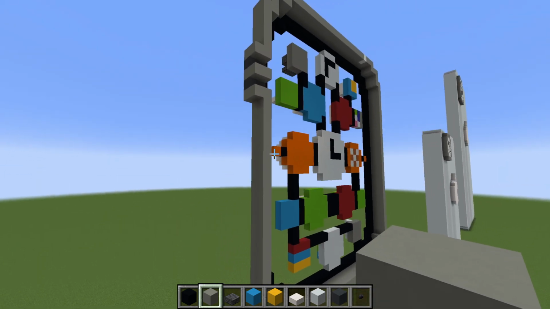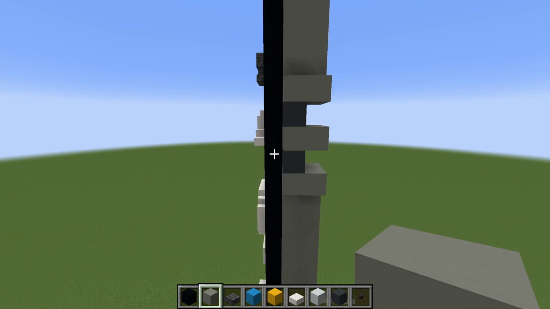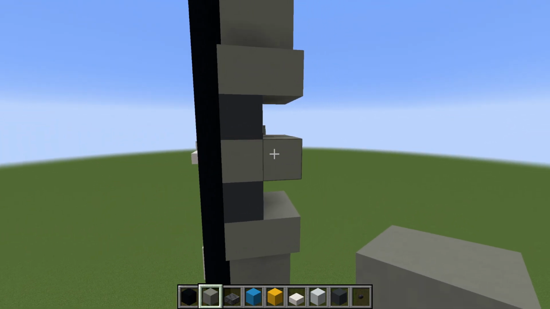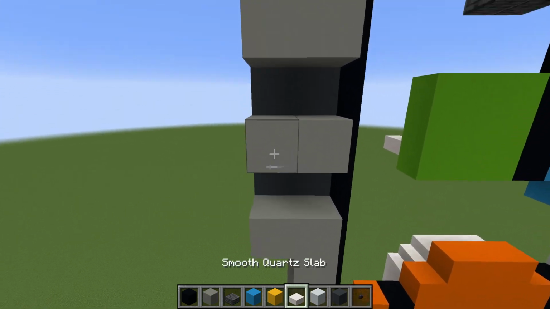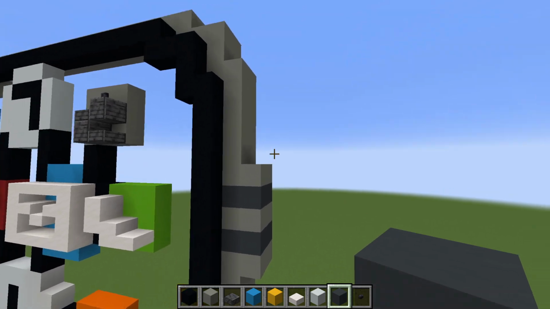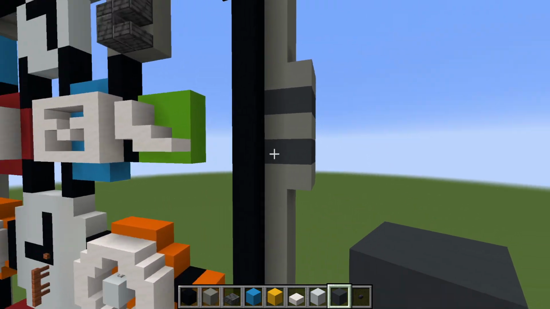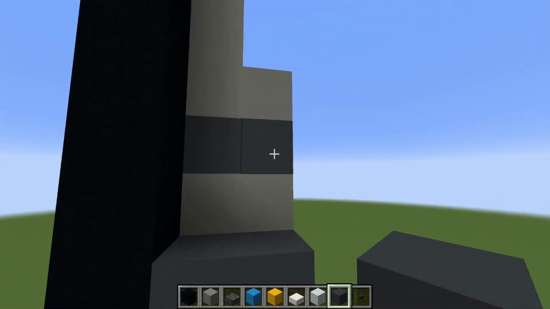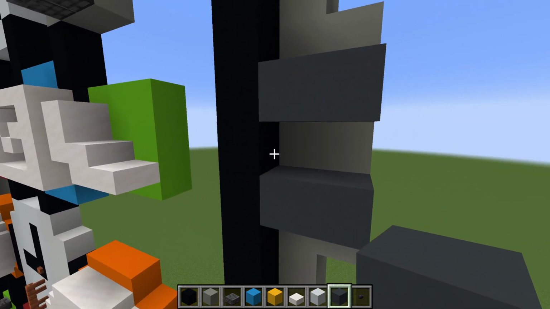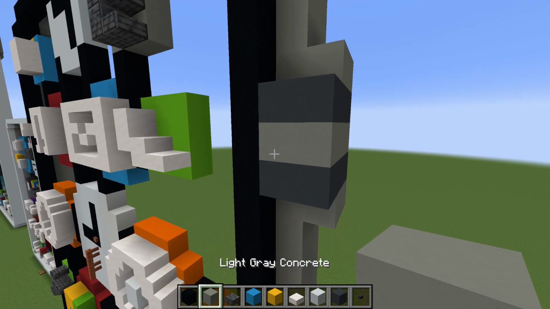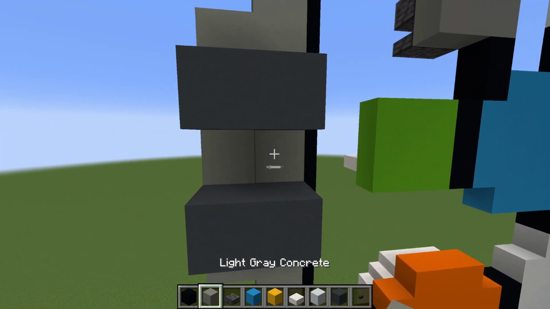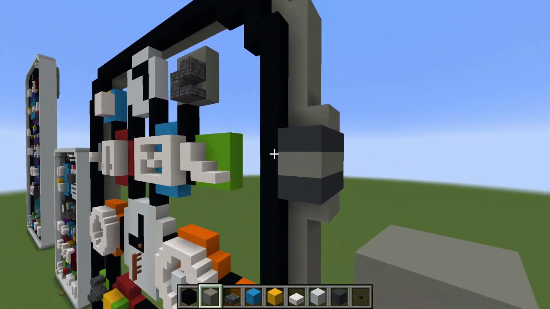Now, with that complete, we are actually going to come to the crown of the watch. It's not really a crown per se, I guess, because it's just a button, but we want to extend the light grey concretes and the grey concretes outwards like this, just the front and the back. Then we want to extend the grey concretes forwards an additional row so that it is flush with the black concrete, and then stick light grey concrete in the middle. And we'll do this on the back, so it gives a more 3D look for the actual crown slash button